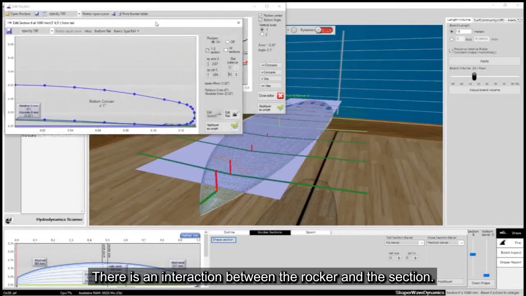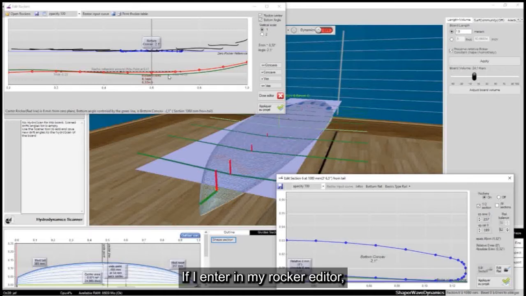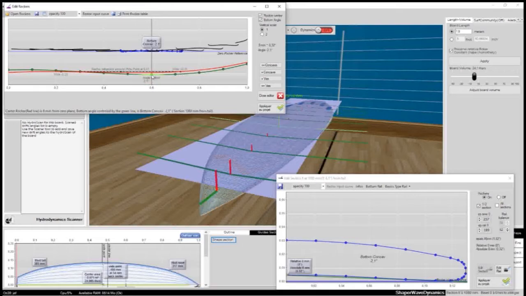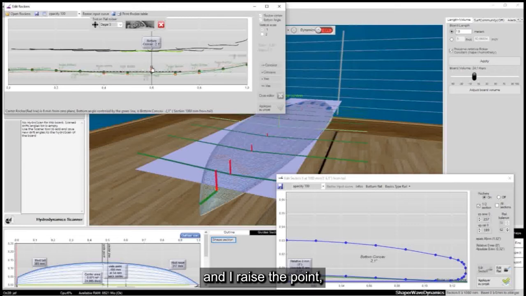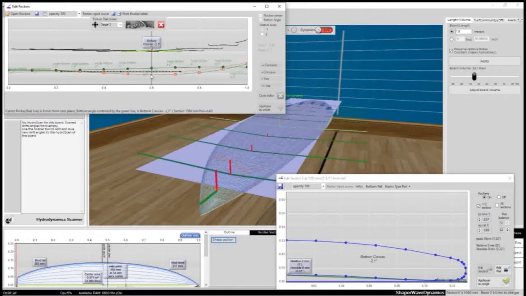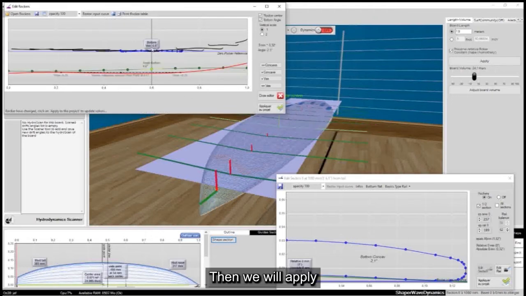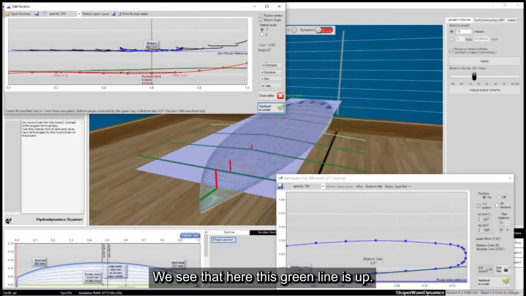There is an interaction between the rocker and the section. Here we see the green line which represents this line here. If I enter in my rocker editor the handle of the green line, and I raise the point, I modify the angle of this line. Then we will apply. We will see here in the drawing at the bottom, we will monitor what's going to happen. We see that this green line is up.